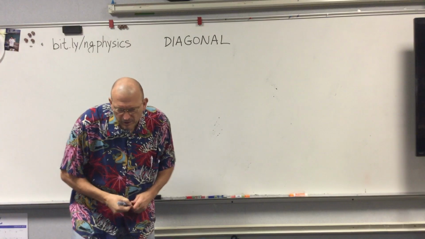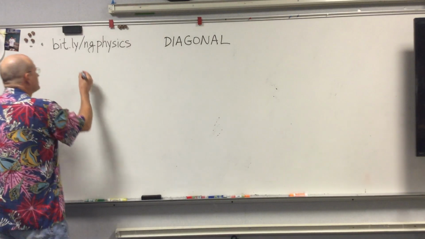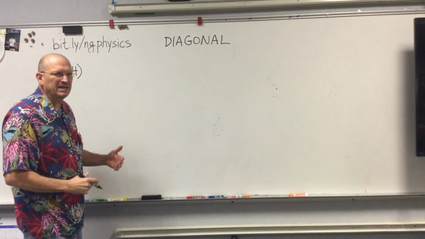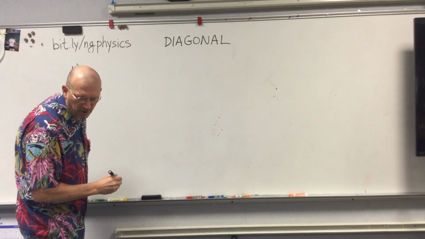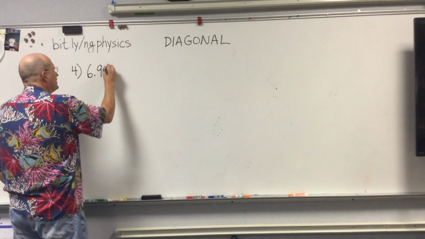And we are going to go ahead and get started. I'm going to start with number 4 because I want to begin with one of those units that has an A over a B. So for number 4, the problem is 6.91